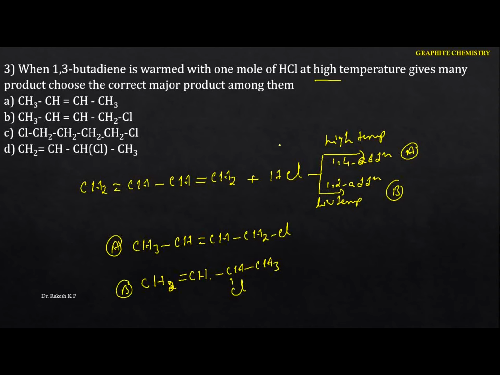But in the question they have given the high temperature. Remember one thing: even if this compound is formed, on further heating it will be rearranged to give this compound. Hence the major compound is this one. So to identify the 1,4 addition, the option is B. This concept you have to remember, because this applies only in the case of conjugation. Conjugation means alternate single and double bonds. When you have conjugated alkenes, the addition of an unsymmetrical reagent always occurs in this form: the 1,4 addition and also the 1,2 addition.